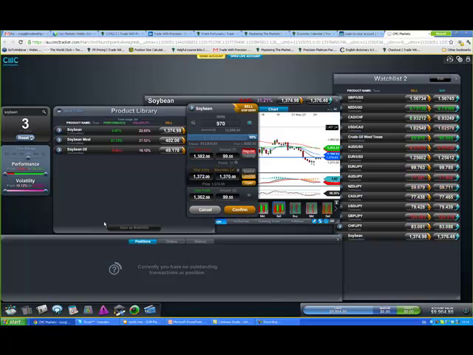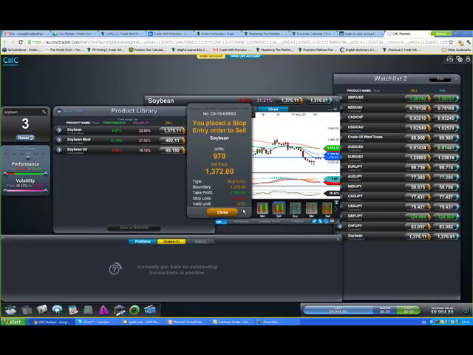So now effectively I can go out and play, I was going to say play golf, but it's a bit dark for golf. I can go fishing, I can go do whatever it is that I want to do, and I know that when I hit that button I'm safe because I've got my boundary and I've got my stop in and I've got my limit in, so CMC will take profit for me while I'm out. So what I'm going to do now is hit confirm. As always, we double check what's going on here, just to always write it down on a piece of paper and then double check it in the market, which we're happy with all that.